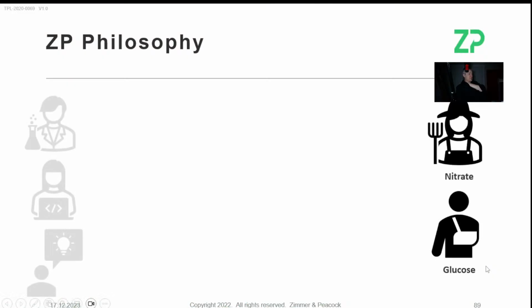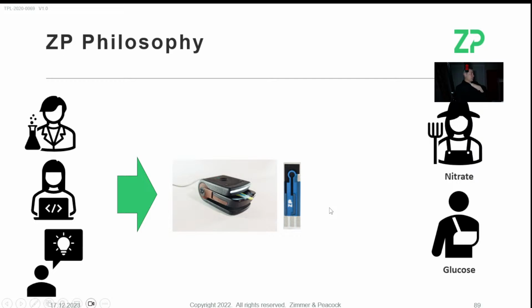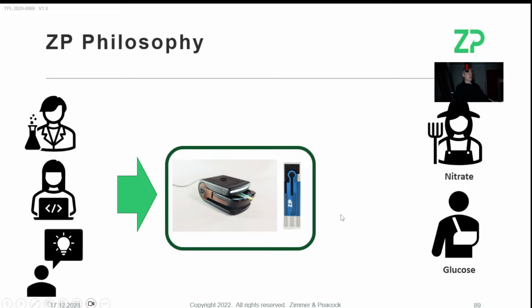Like I say, our philosophy at ZP is if somebody has a challenge, then this Sensi All platform really can help. If you want to measure phosphate in water, let us know, because the Sensi All platform can measure phosphate today. If you want to measure sodium in water, the Sensi All platform can do it. If you want to measure testosterone in saliva, it can do it as well. I should mention that all of those analytes you're interested in can be run off the same piece of hardware, and I will talk about that in a minute.